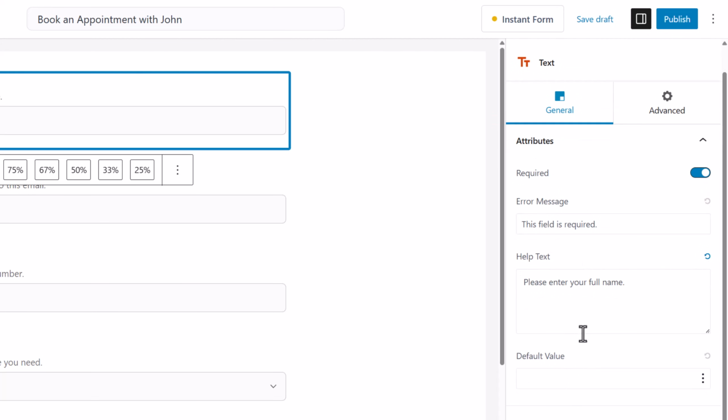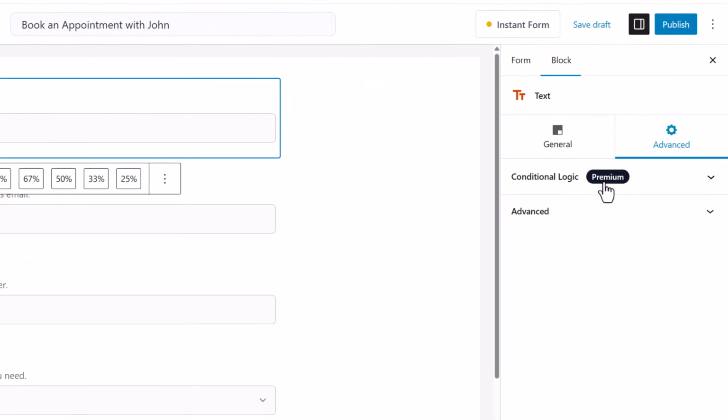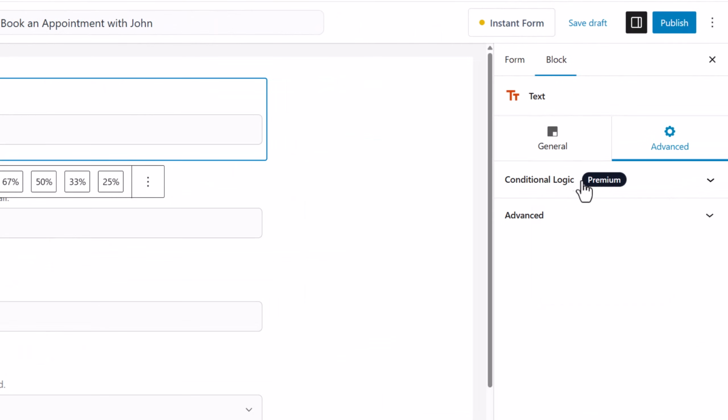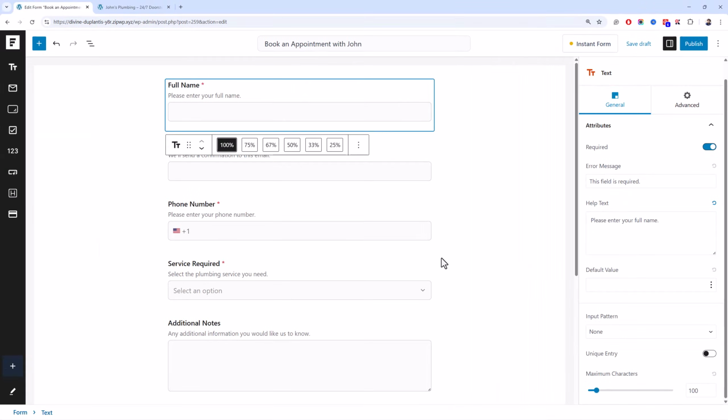Like if you want to set a default value, you want to check for input patterns that is usually applied on email or phone numbers, and then you can go to advanced, and the conditional logic is offered in the premium version, and there you go. We have all of the basic fields or options to customize the inputs.